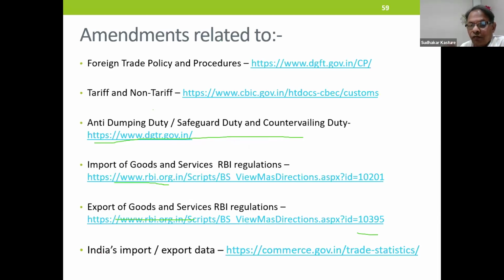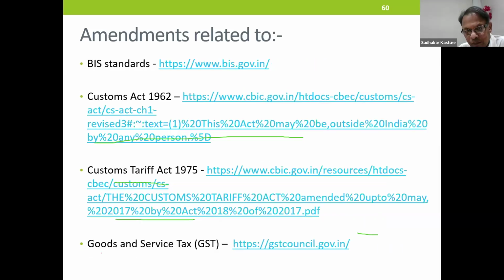Foreign trade policy, tariff, non-tariff, anti-dumping, safeguard, countervailing duties, import of goods and services, RBI regulations, export of goods and services, RBI regulations, import-export data, BIS standards, Customs Act 1962, Customs Tariff Act 1975, goods and service tax. So all this is available. You can check. You can appoint a person to update on all these issues.